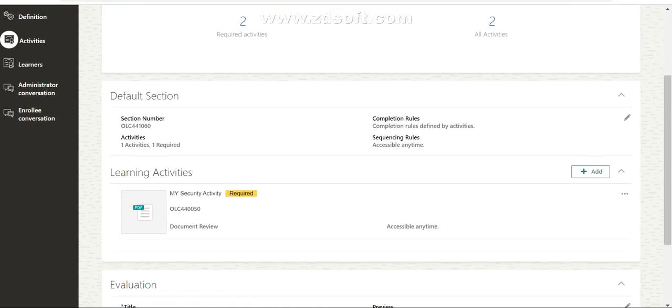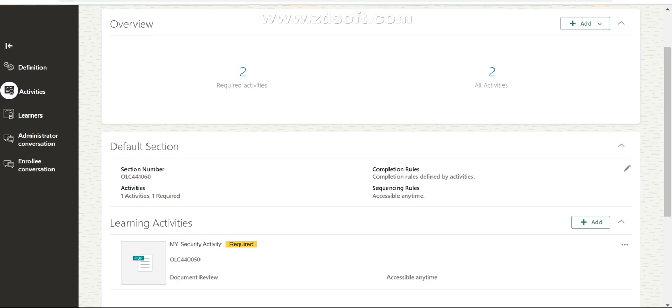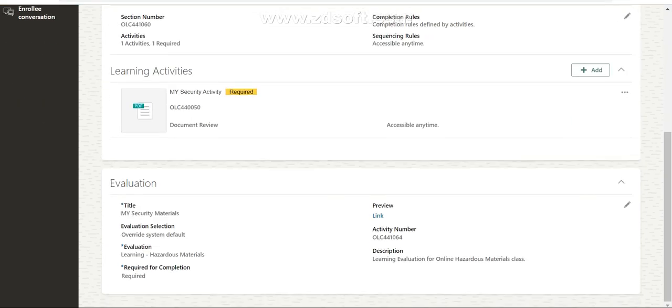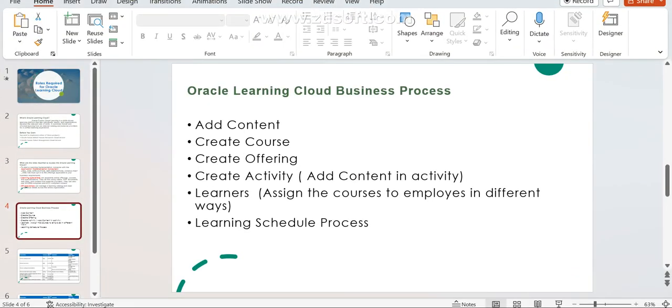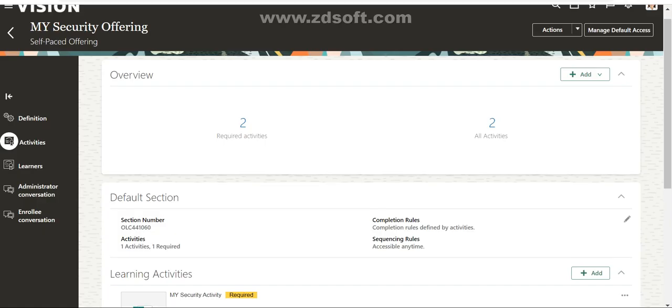That's it. I have created learners. I have created activity, and then I have added two activities. Two are mandatory activities to be completed. Whomever these activities are assigned to, those two activities must be completed by the employee. The next step is, once the activity is created, go to learners. Just click on learners,